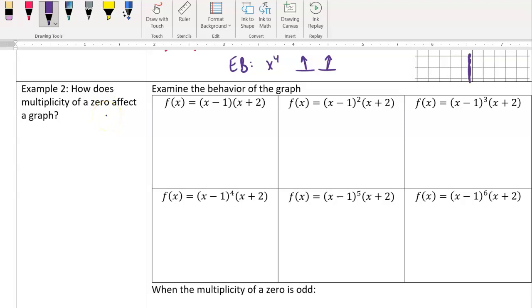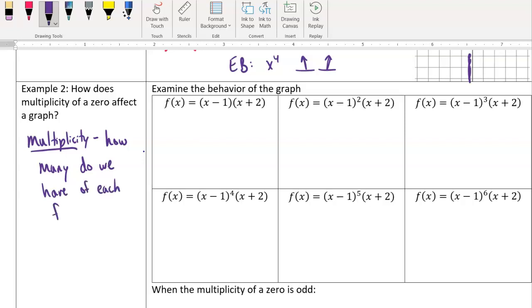Well, it's important to understand what that term multiplicity means. Multiplicity just means how many do we have of each factor? And how many we have is going to determine what the shape is going to be at each of those zeros. So here it says examine the end behavior of each of these graphs. So let's start out with